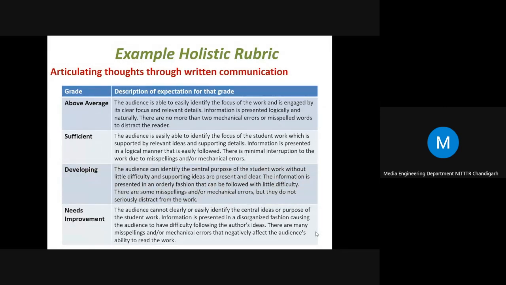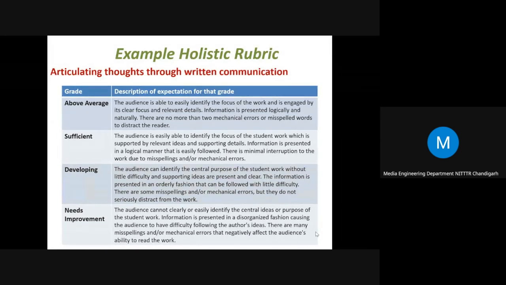If the sufficient grade is awarded, the student will not be able to get specific feedback whether he is lagging from the first statement, or there is a problem of flow, or there are more grammatical errors. So if we are just awarding the sufficient grade, we will not be giving specific feedback, right?